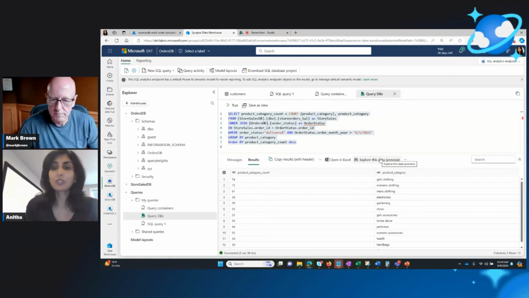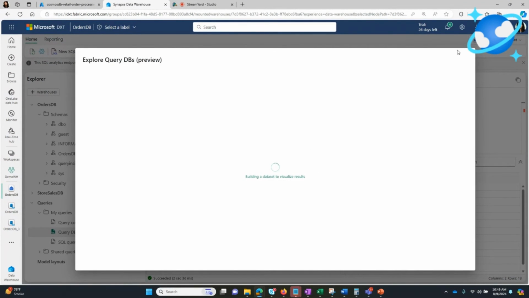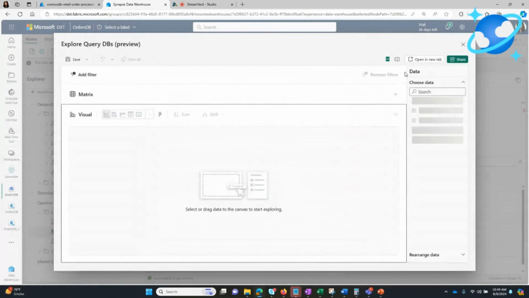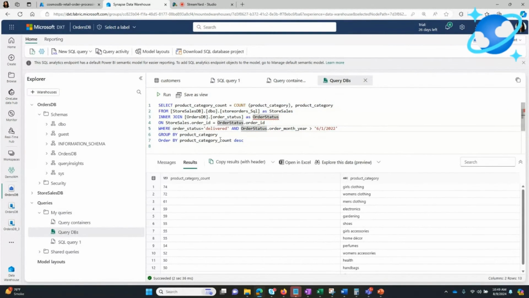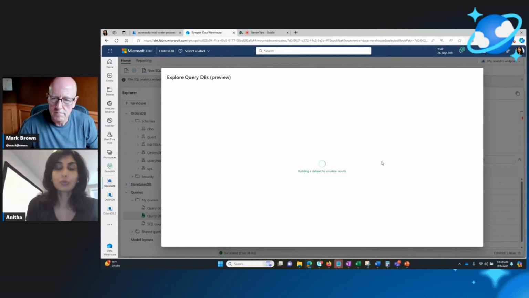Another thing that I want to show you here is how deeply integrated Power BI is. So if we, and this may bail on me because I may not have selected the query. So let's see. I'm going to actually close this one here and select one more time and explore this data, because I did a group by, and group by doesn't go super well with this one. So